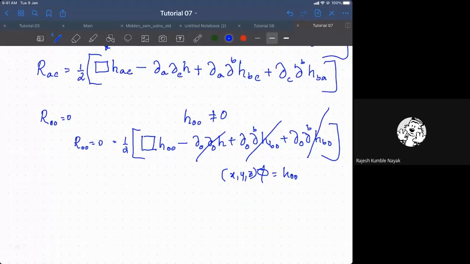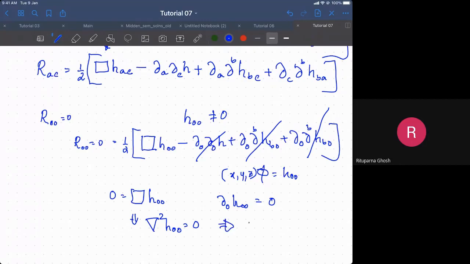Okay, this leads to the equation 0 is equal to box of H00. Again, we are assuming that the time derivative of H00 is 0. That means that this is simply the Laplacian. So H00 equal to 0 implies that